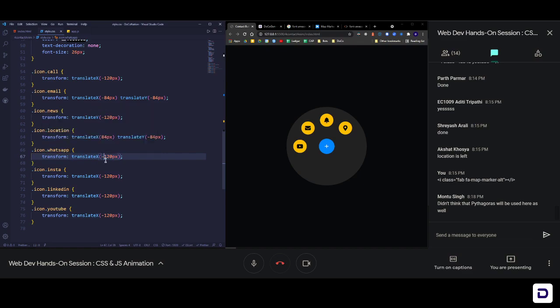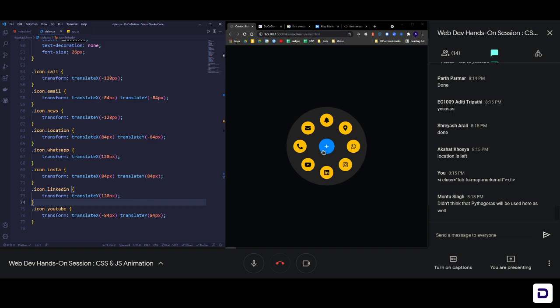So this is going to be translate X plus 120. Yep, we have the WhatsApp icon. Instagram is going to be both in the positive direction, so grab it, paste it here, remove the minus signs. Instagram is here. LinkedIn is just going to be in the Y direction, positive, save it. And the last one, it's gonna be X in the minus direction and Y in the plus direction. So now you see that we have the final product. Okay, we have the final product, and all we need to do is animate it from its initial position. So this is the final position that we want to go to.